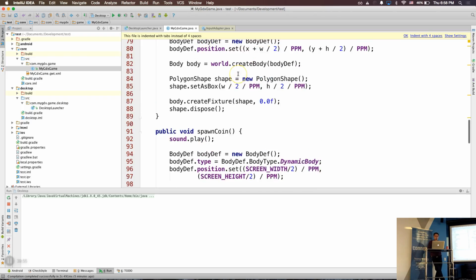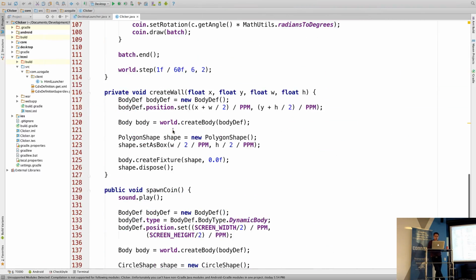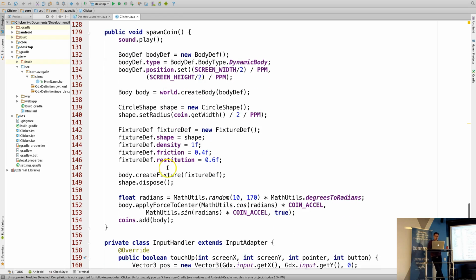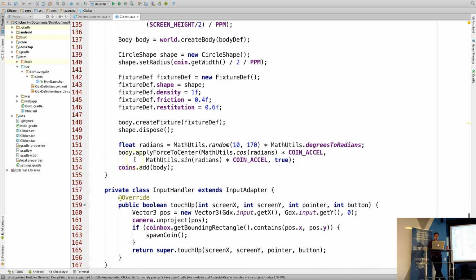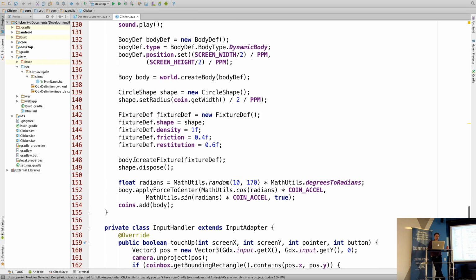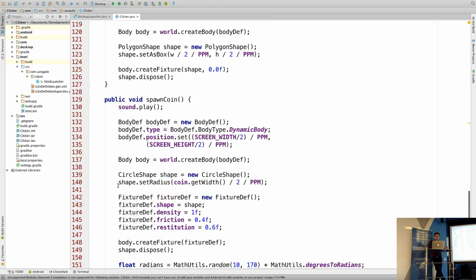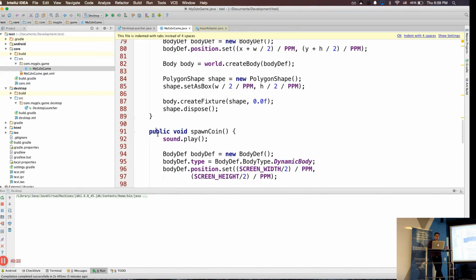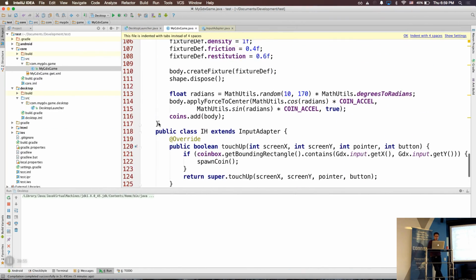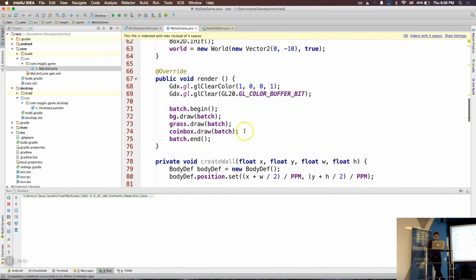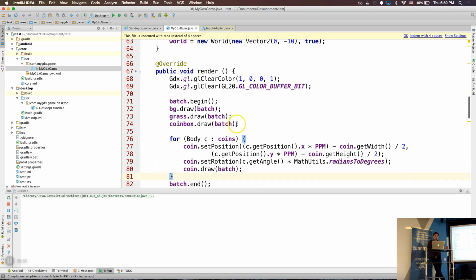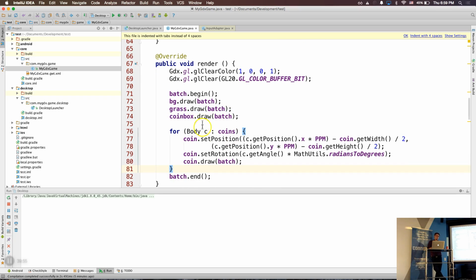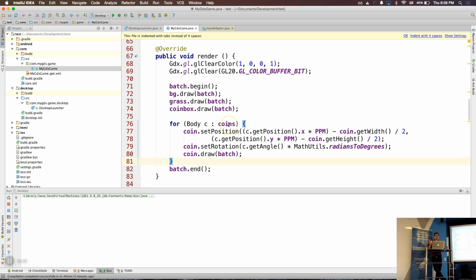so I have a bunch of coins being populated when I click the coin box. They have physics bodies attached to them so they can have interactions with the world. And now I just need to draw them. So I'm going through the array of coins, getting the position, setting it, setting the rotation, and then drawing it. So if we play this,